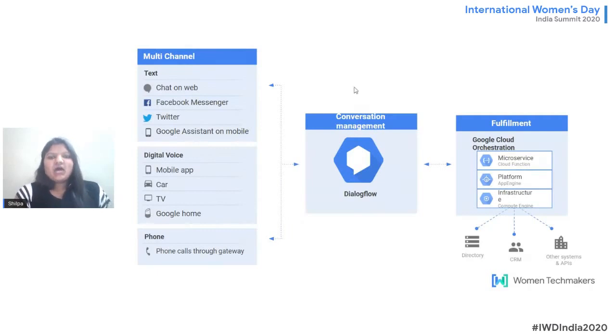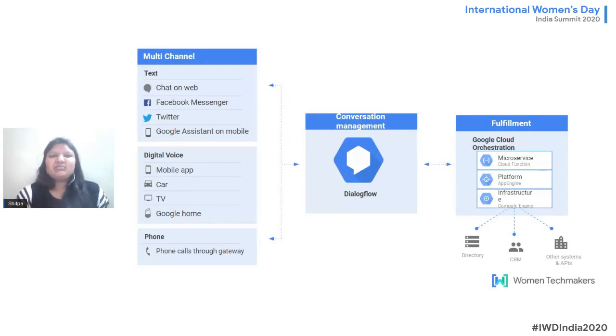Next is how we can have multi-channel support with Dialogflow, how Dialogflow manages the conversations, and how we can do the fulfillment part. So first of all, I'll explain about the fulfillment part in Dialogflow. How fulfillment helps us is, say you want to make a weather agent, right? Dialogflow already has many pre-built agents available which you can use. You just need to import it. You can just use it. You don't even need to add training phrases because you can use the pre-built agents.